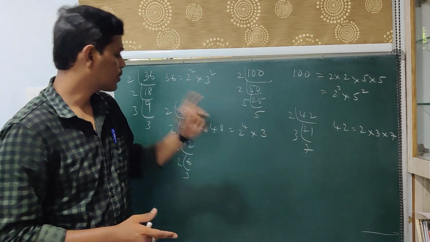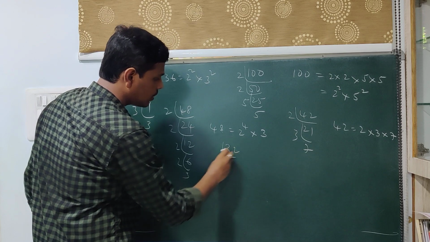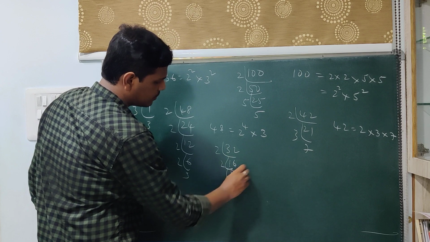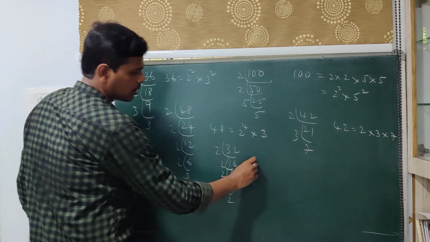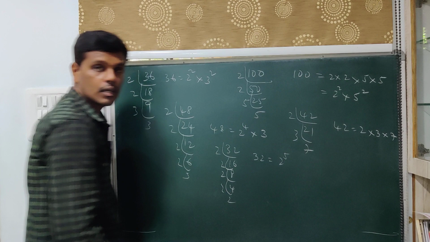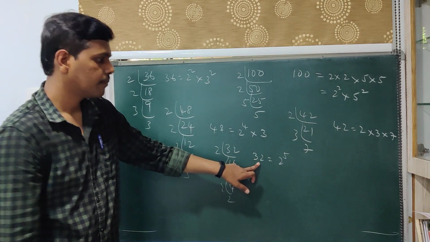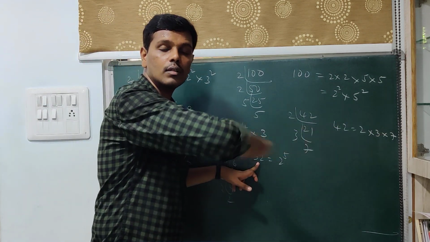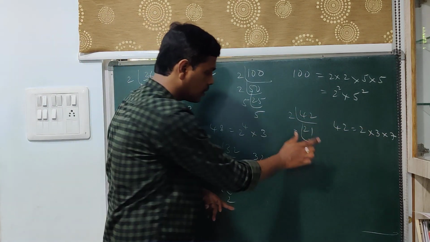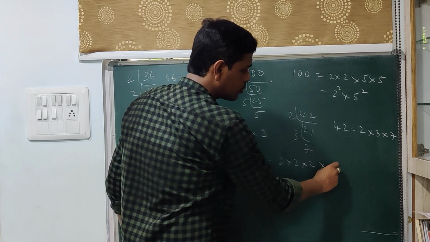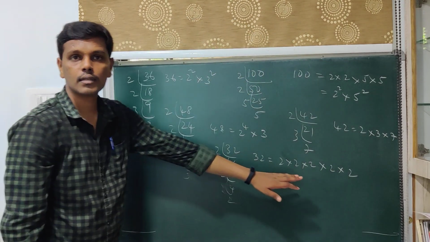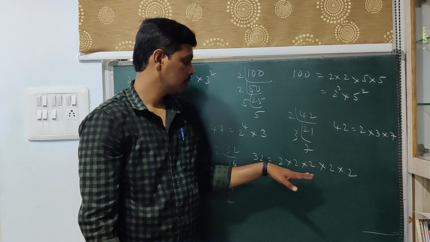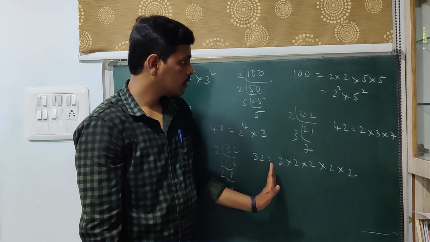If you look at this case, for example, say 32. So 2 how many times? 2 times 16, 2 times 8, 2 times 4, 2 times 2. So this 32 can be written as 2 power 5. Now while you are writing 32 as a product of its factors, all the prime factors are the same, which is 2 itself. That is, 2 power 5 is 2 into 2 into 2 into 2 into 2. Here this is a case where the prime factors are not distinct, that is, they are not different.